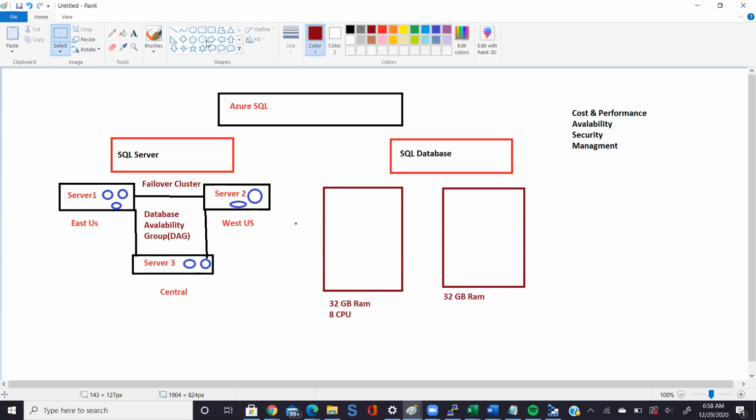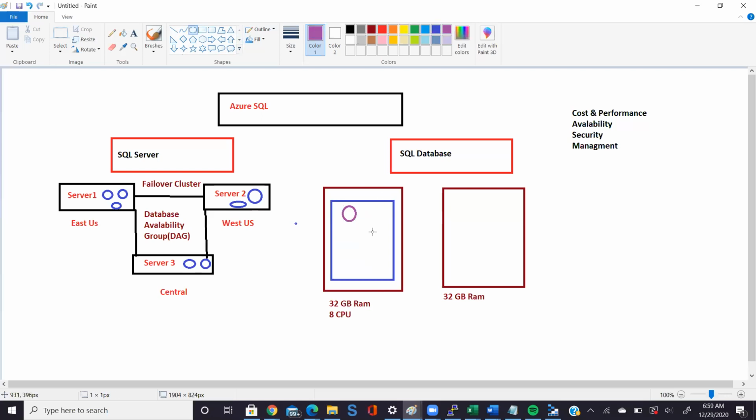In that elastic pool, let's say I have created an elastic pool here. In this elastic pool, I am going to tell it to please use this 32 GB RAM and 8 CPU. Now within that, let's say I create 4 databases. This is HRDB.